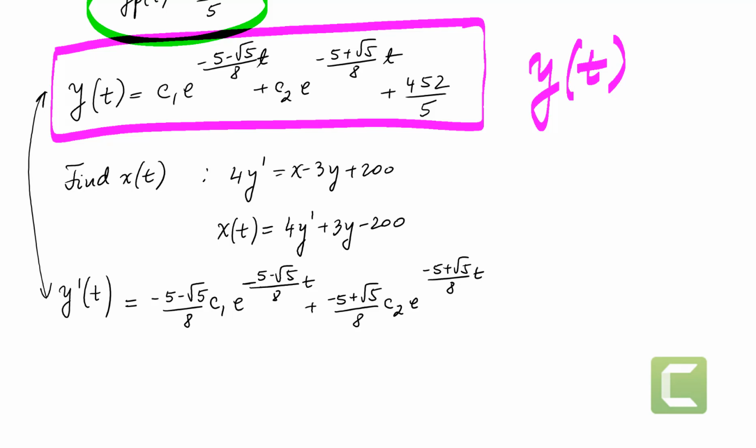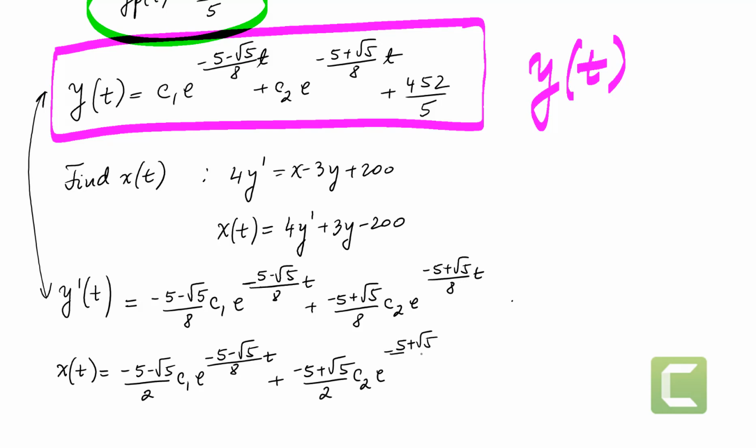So we found y prime of t to be negative 5 minus square root of 5 over 8 c1 e to the negative 5 minus square root of 5 over 8 t plus negative 5 plus square root of 5 over 8 c2 e to the negative 5 plus square root of 5 over 8 t. So x of t is going to be equal to 4 times this. So 4 times that is negative 5 minus square root of 5 over 2 c1 e to the negative 5 minus square root of 5 over 8 t plus negative 5 plus square root of 5 over 2 c2 e to the negative 5 plus square root of 5 over 8 t